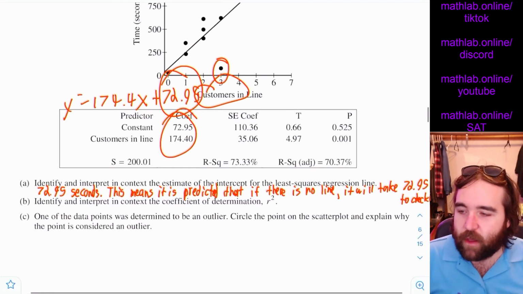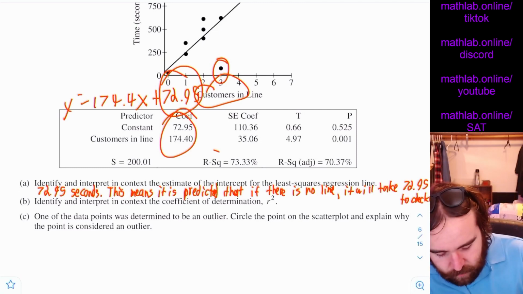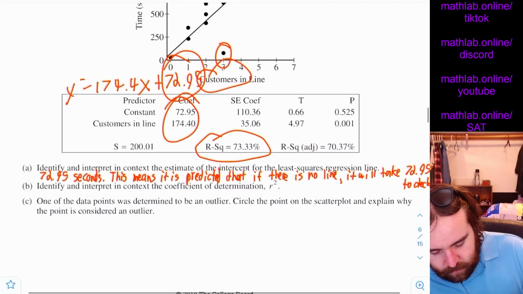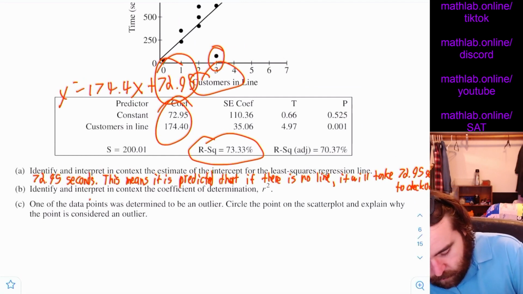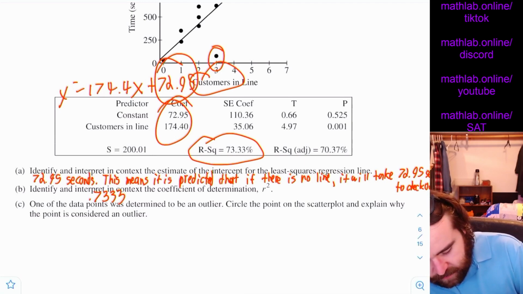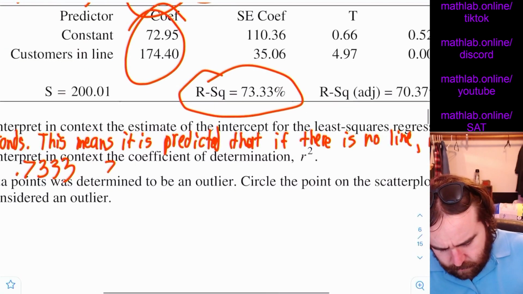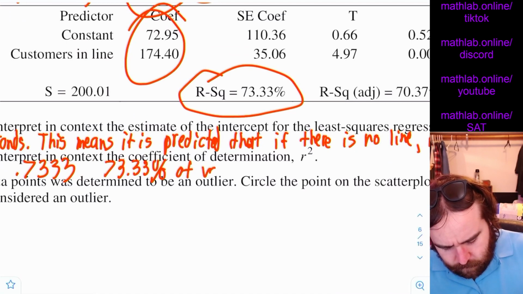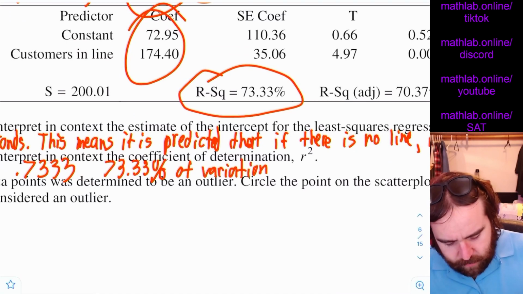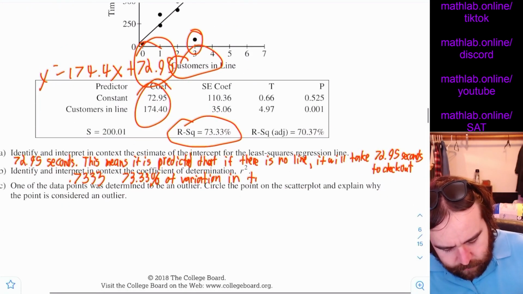Okay. Identify and interpret, in context, the coefficient of determination, r squared. So let's see. They give you the r squared adjusted. We always just ignore that. So in this case, r squared is 0.7333. So this is saying, and this is another fill in the blank sentence. You just say that 73.33% of the variation in time to check out